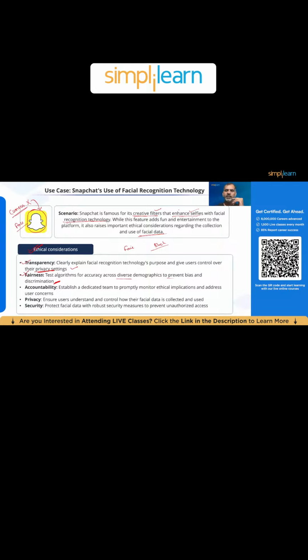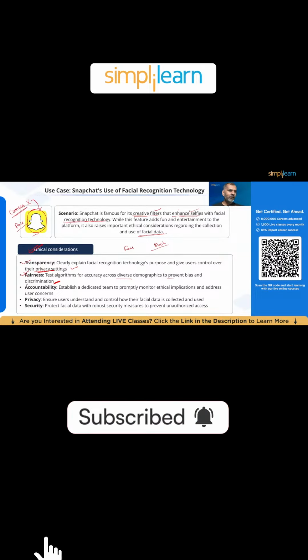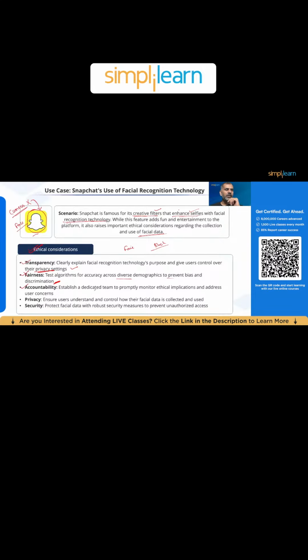So that should not be there, and that has become the responsibility of the Snapchat makers that the application should equally perform on different race faces or different kind of demographic individual faces. Then accountability. It has to establish a dedicated team to promptly monitor ethical implications and address user concerns. This is something I said earlier. So you need a point of contact. There should be a point of contact which can address any data ethical issues